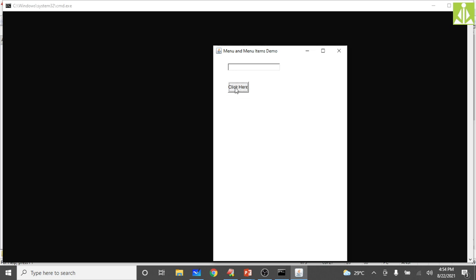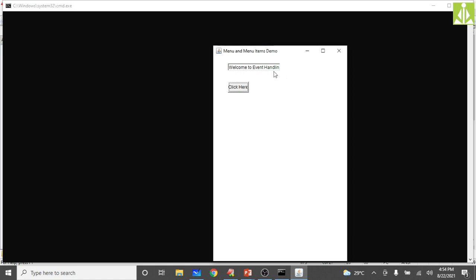We said b dot add action listener. So action listener is added only to the boundaries of this button. So clicking on this button, you will get the message. Clicking outside the button, you will not get any message. Clicking on the button will print you welcome to event handling.